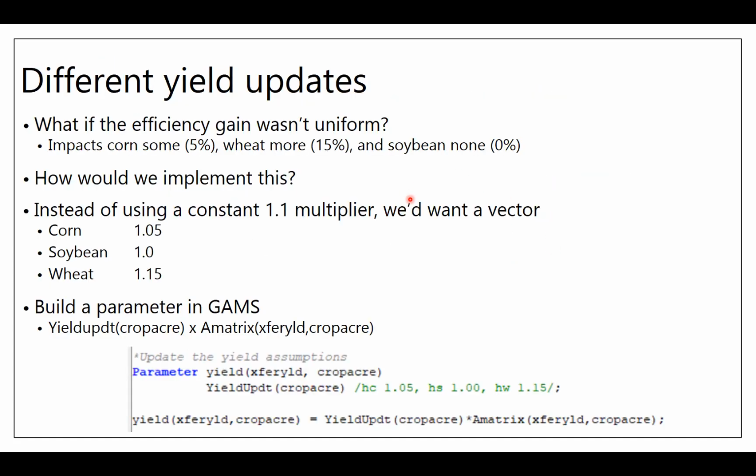But it could be the case, and the reason I really wanted to play with this a little bit is to think about, what if there were different yield updates? What if the efficiency gain wasn't uniform? Instead, I wanted corn to be 5% more, wheat 15% more, and soybean none. So what if we had some kind of